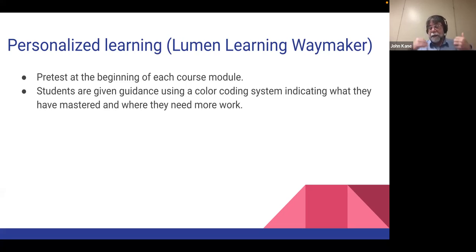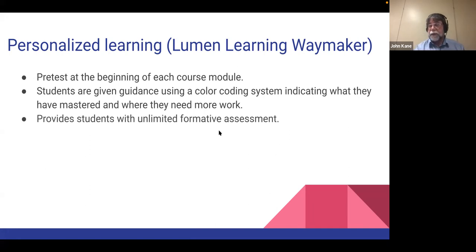And once they pass it, the color changes to indicate that they've mastered that material, and then they move on to the next module. So it's not guiding students in the same way. Instead, it's encouraging students to use the feedback they're getting from their success working through the module to advance and work on the things that they need to work on more on their own. So it's personalized, but it also allows students to have unlimited practice, that they can keep going through the material until they've mastered it, where they're given different questions, different resources and different practice problems to allow them to master the material as many times as they need to before they've reached that level of success.